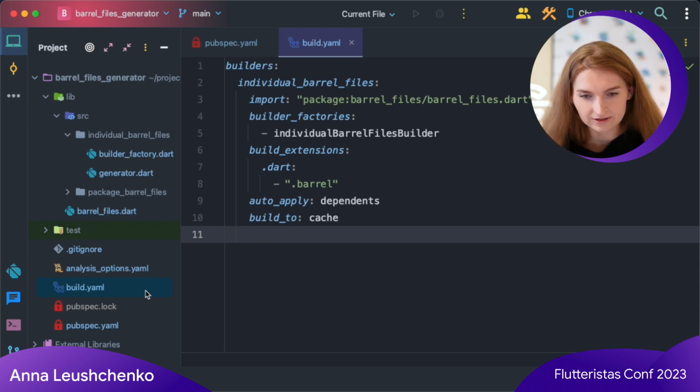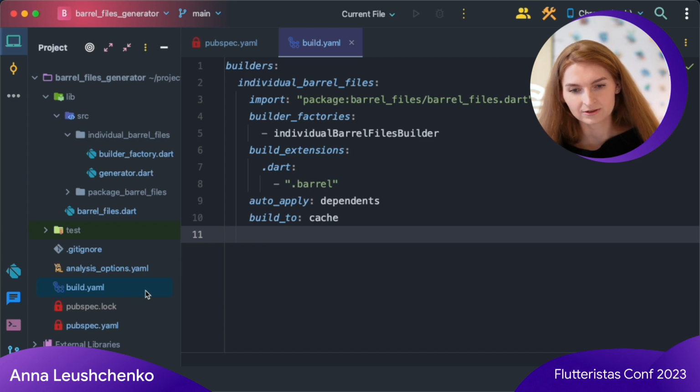The declaration consists of a name of a function that will return a builder and an import where this function can be located. It also specifies that for each .dart file, the generated file extension will be .barrel. The build to cache indicates that those barrel files should not appear in the project and are temporary files that will be saved in cache.